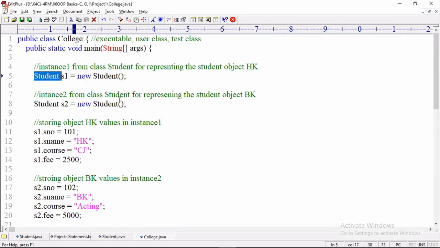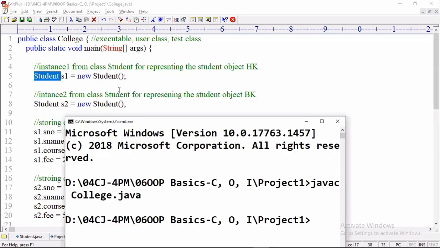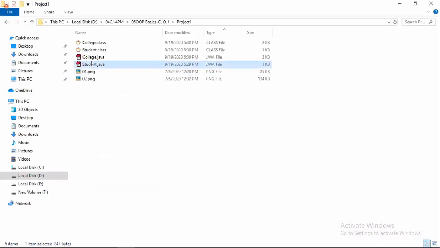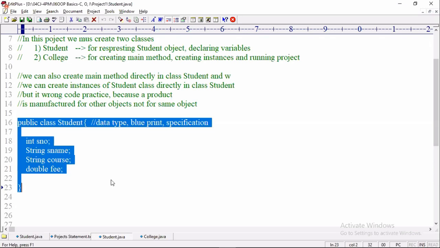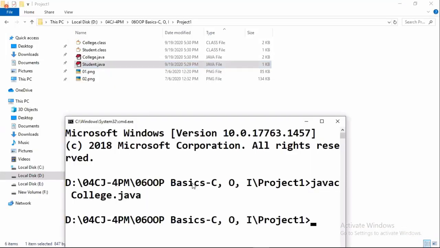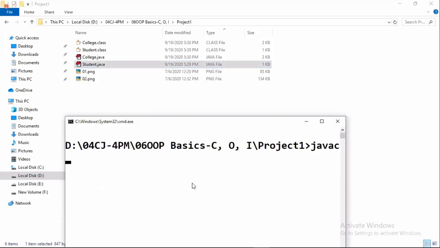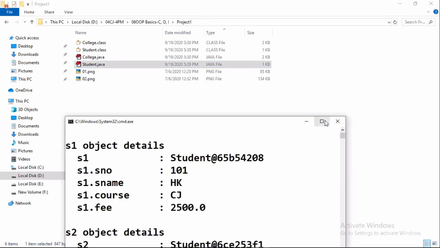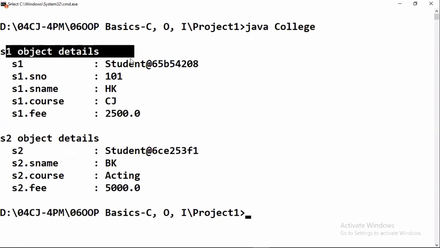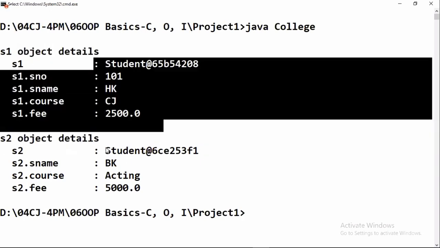It searches for the student.java file, finds it, compiles the student class and displays it. Next I should execute this class: java college, run. Look at the student 1 object details and student 2 object details.